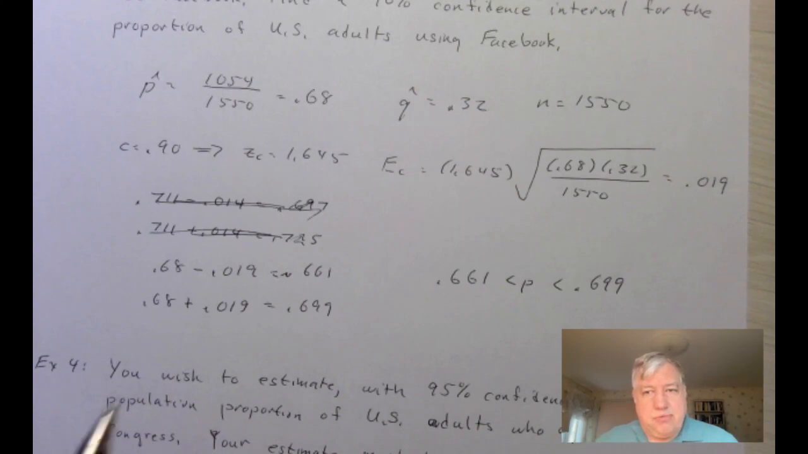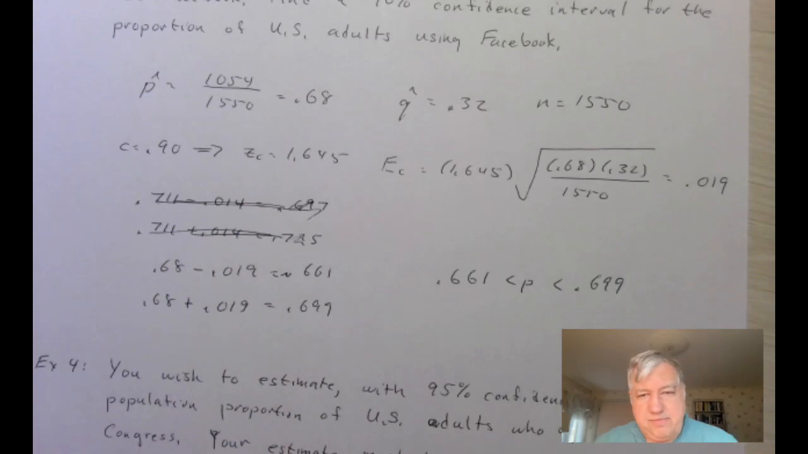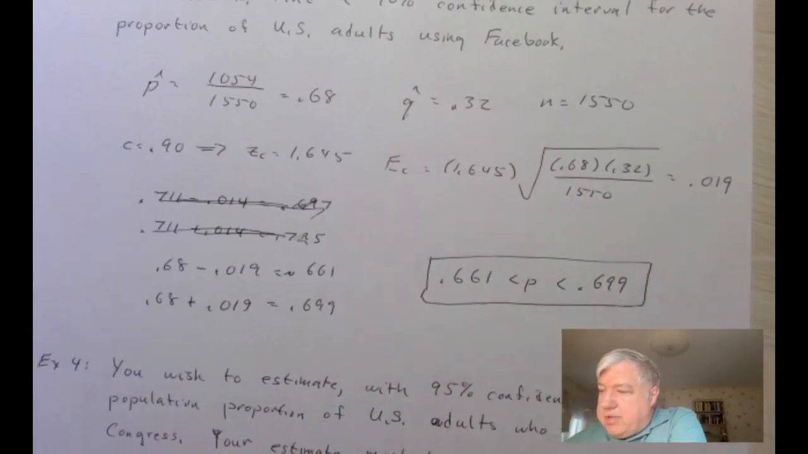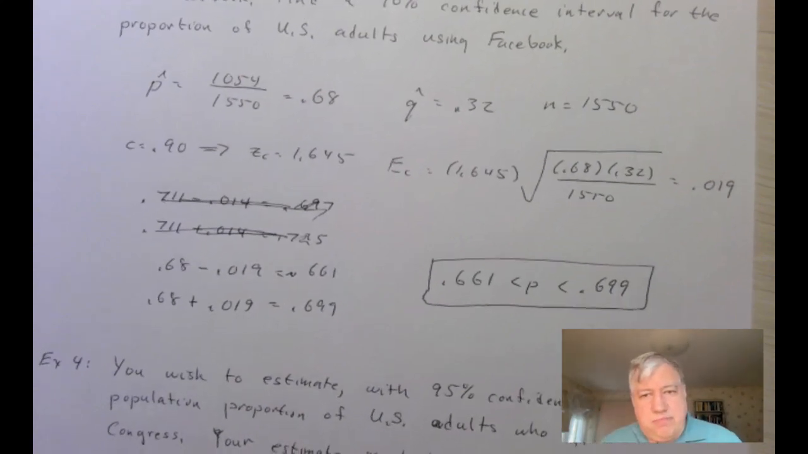And adding and subtracting, I made a little mistake myself, but I corrected it, and our confidence interval says that P, the percent, is between 0.661 and 0.699. That's the confidence interval for the proportion of the population who is using Facebook, which is now